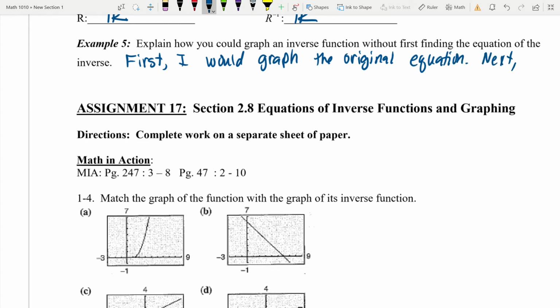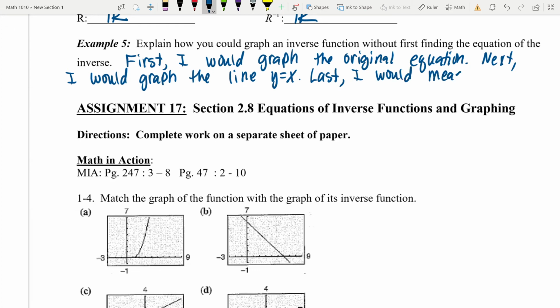Next, I would graph the line y equals x. And then I would say, last, I would measure,